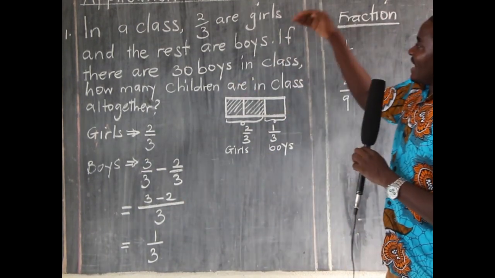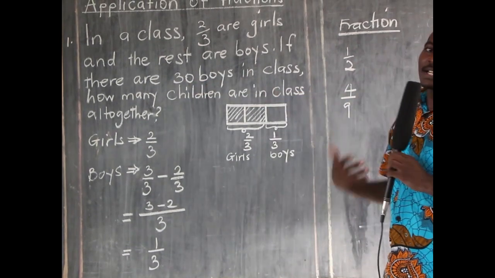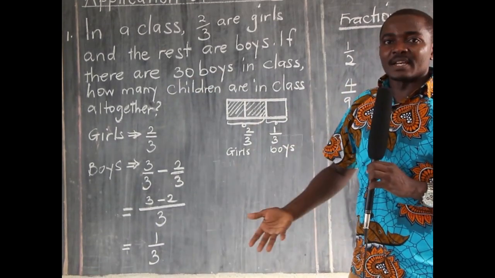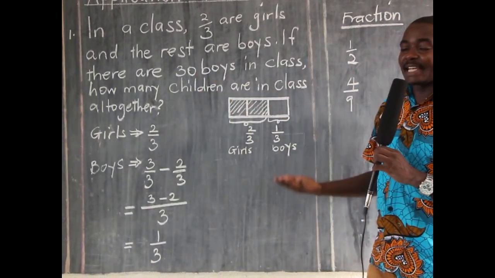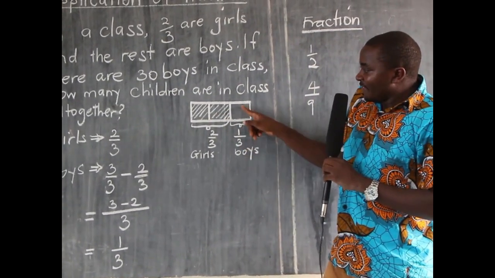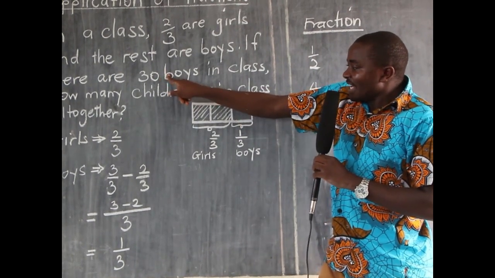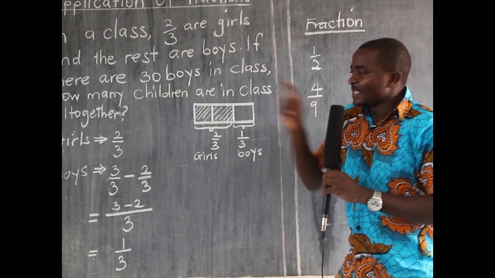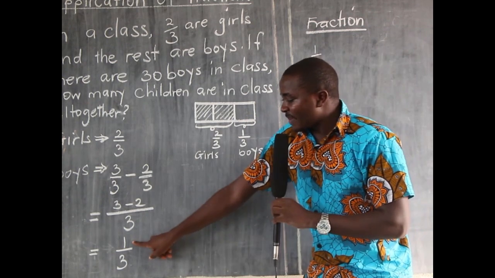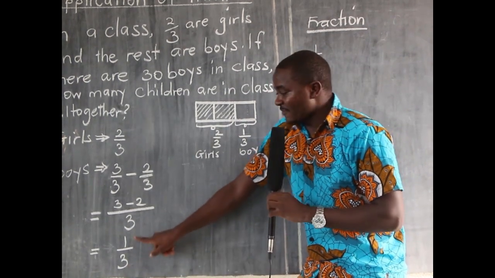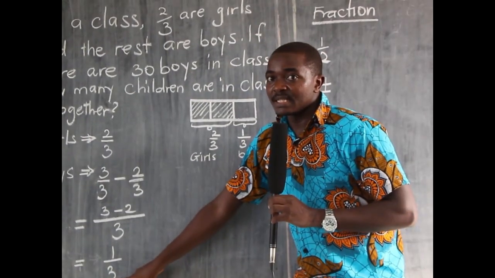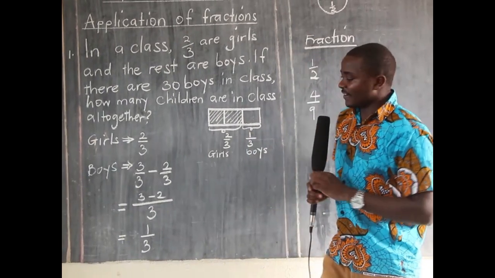We go back to the question. If there are 30 boys in the class, you can see now, the number of boys in the class is given. So we have to use the number of boys in the class to get the total number of children. So if this part, 1 out of 3, represents the 30 boys, now what about the 3 parts? I repeat this. If 1 part out of 3 parts represents the boys, and 1 part represents 30 boys, what about the 3 parts? That is something we have to think about. And therefore we say